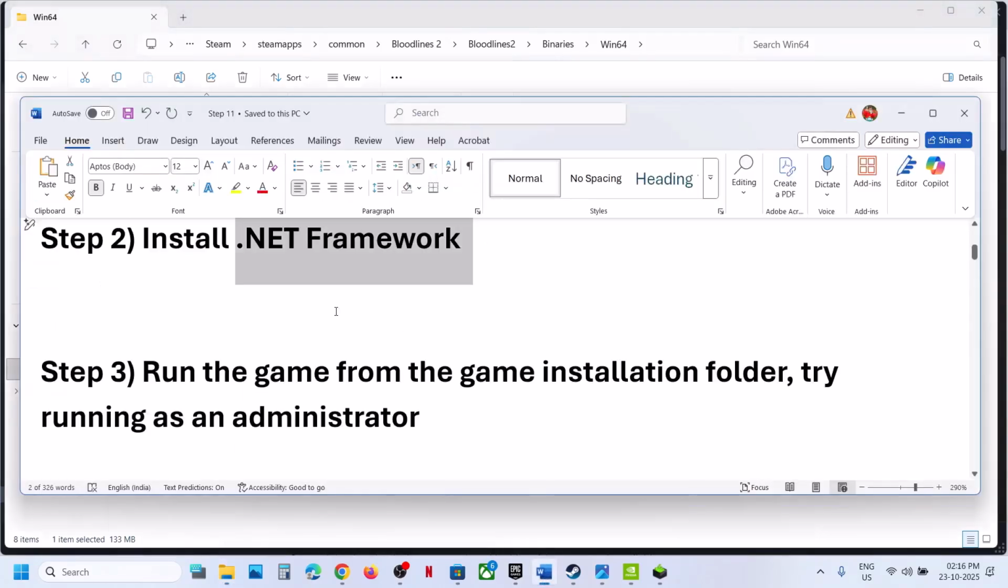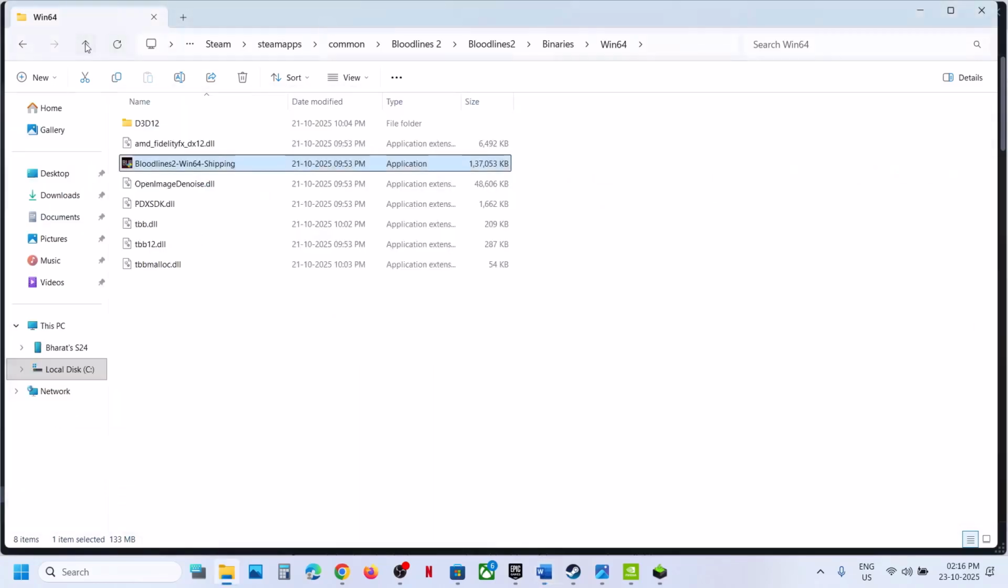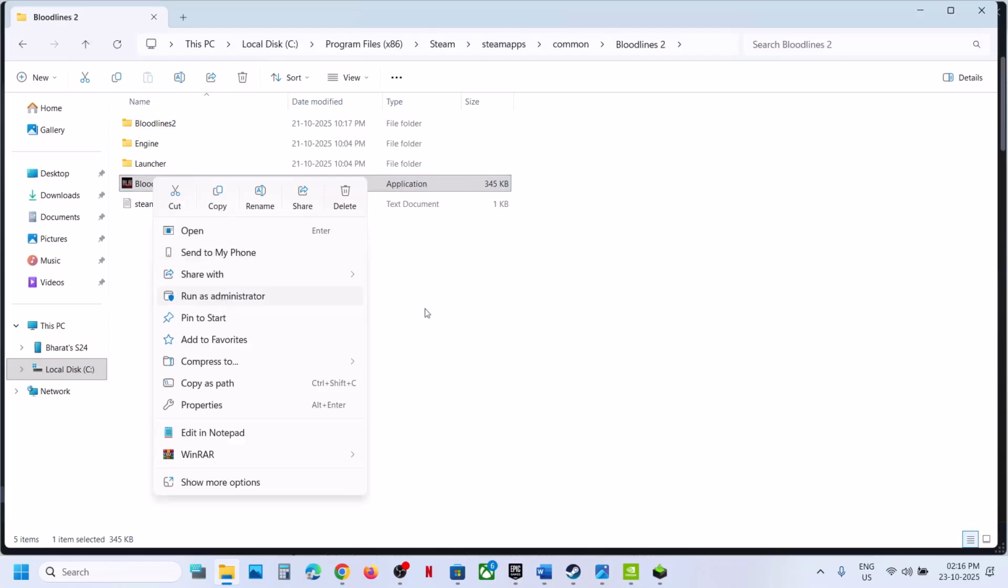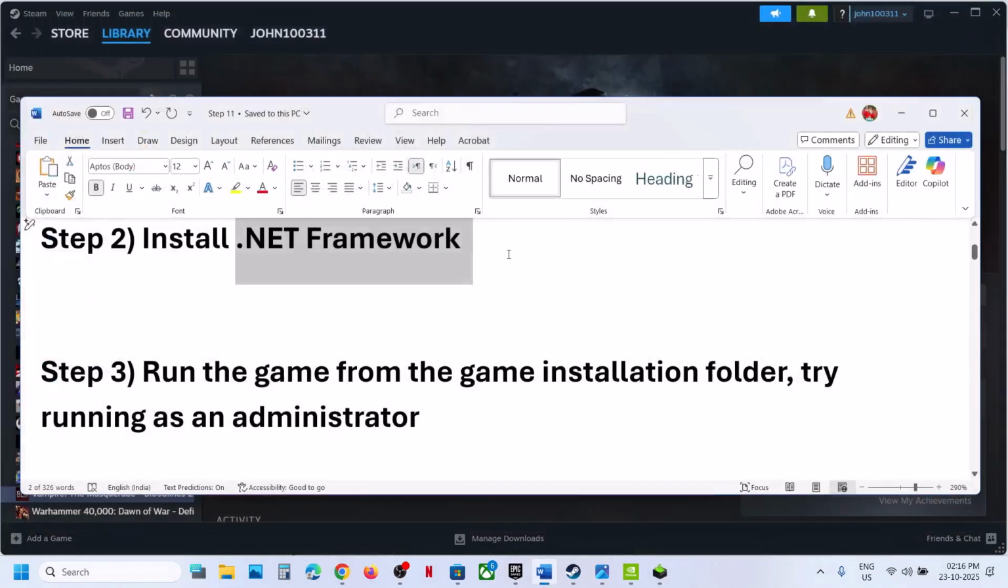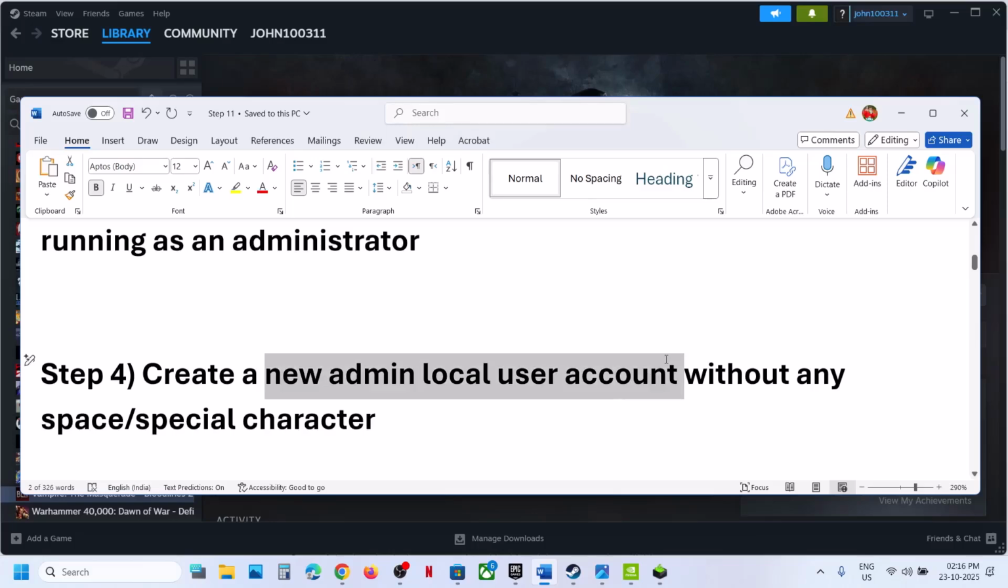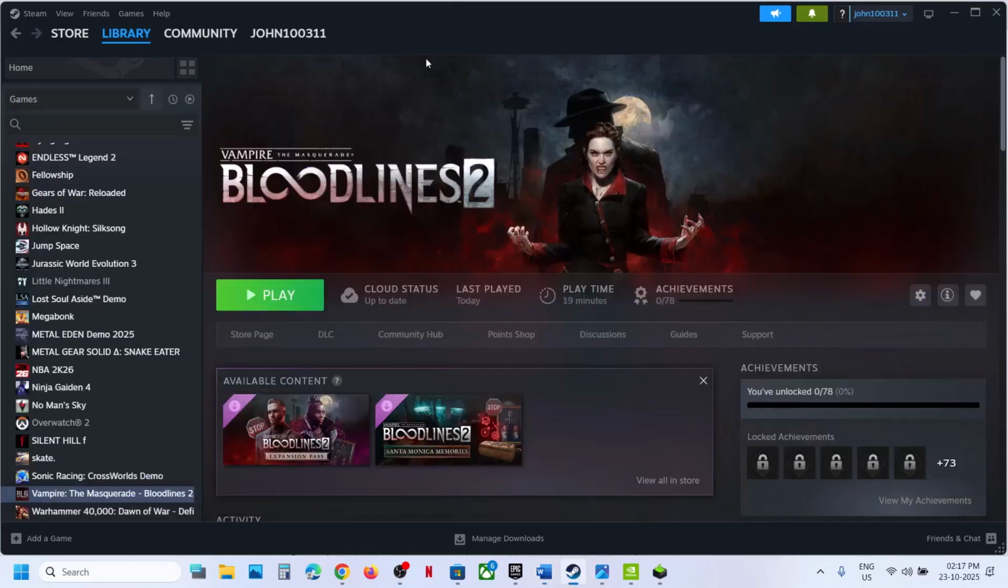follow the next step. Next step is to go back and do the same thing with the first exe file, make a right click, and then click on run as administrator, and then check. Still not working. The next step is to create a new admin local user account without any space or special character in the name. For this, you can open Windows settings,